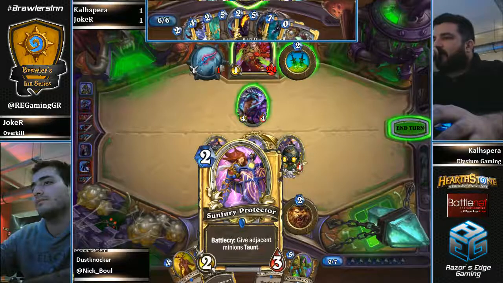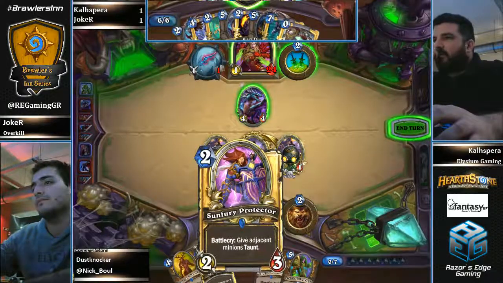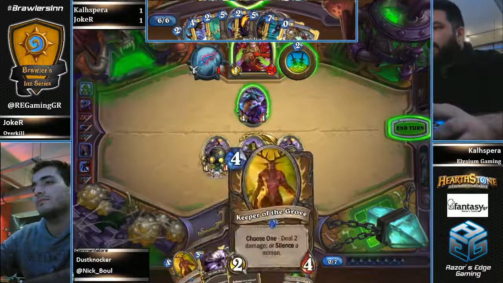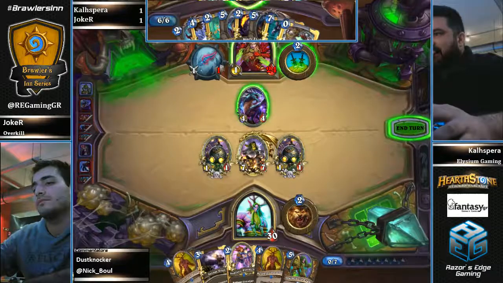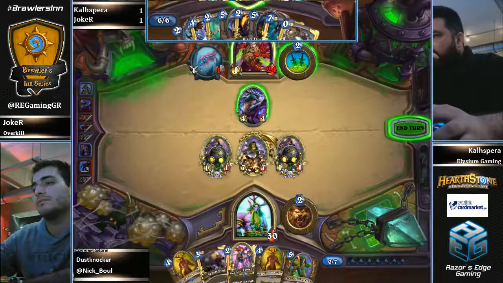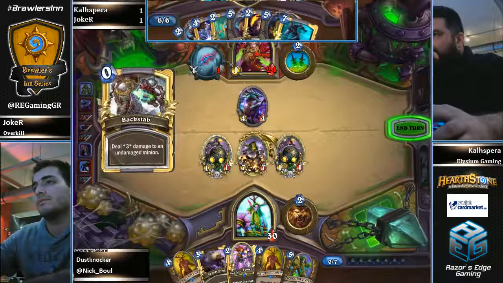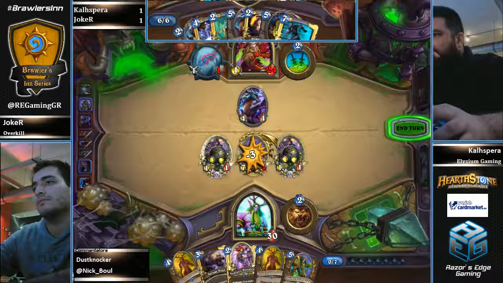Boom against Rogue. And it's actually really difficult for Rogue to deal with Dr. Boom because you cannot Sap Dr. Boom. I mean, there was never a Rogue who sapped Dr. Boom and was happy about it. And you can Blade Flurry, maybe Eviscerate the Dr. Boom. Like, you're gonna have to use 2 cards in order to get rid of Dr. Boom, no matter what. So yeah,